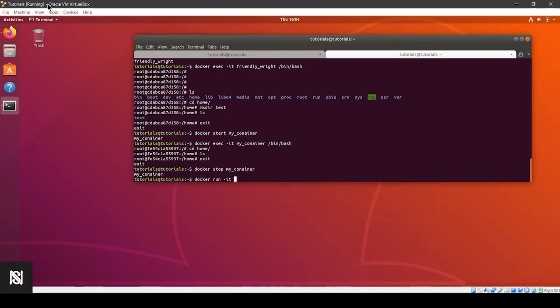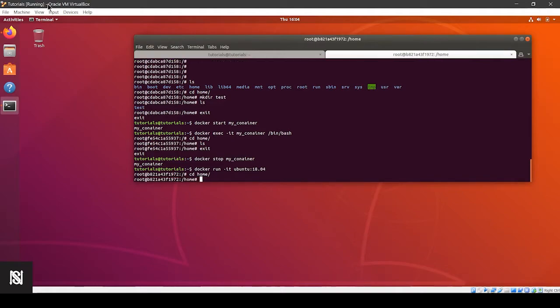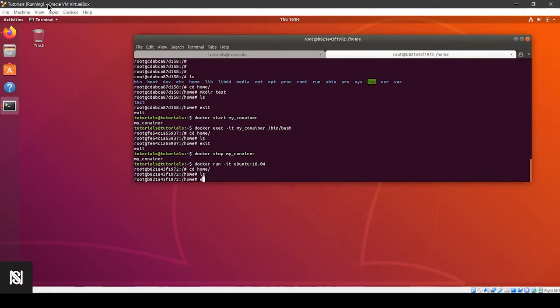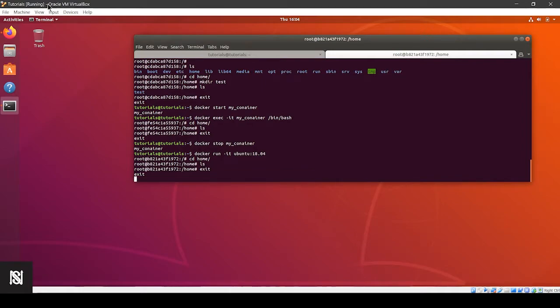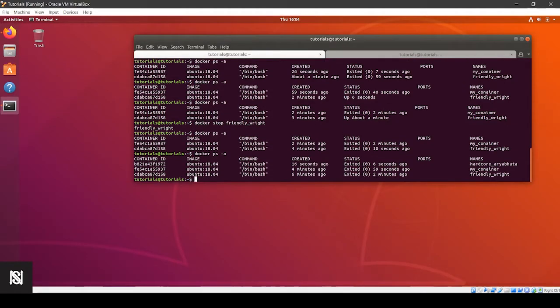Docker run -it, and then it will be Ubuntu colon, and yeah, so that should do it. This will start another container, and if I go to cd home and do an ls, the folder is not present. So that proves my point. Now let's exit, and now you will see that container will be stopped and not running. Docker ps -a. Now, you remember that its name was Hardcore Aryabhatta, a funny name, right? So you see that friendly write had a folder there, right? So what we'll do is we'll do